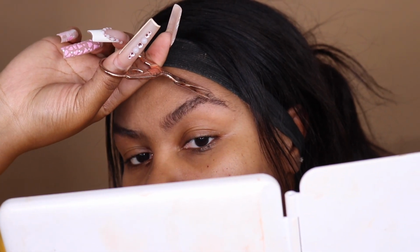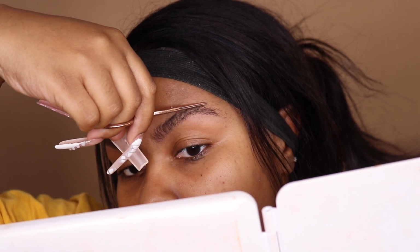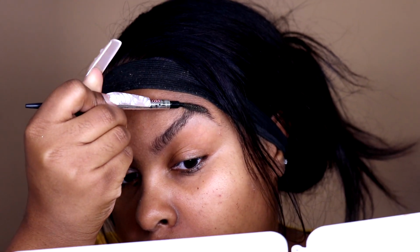So I am going to go ahead now and just take my scissors and just cut the excess hair, and I'm doing this in a straight line, as straight as possible. You want to take your time, be careful with this, because you do not want to cut off too much of that hair. You pretty much just want to create the angle. So just imagine that you were doing your brows and you're drawing in your brow, and whatever hair you think would fall out of the line, you want to cut that off. That's what I did. Just cut off any excess hair, and as you can see, it's starting to come together,